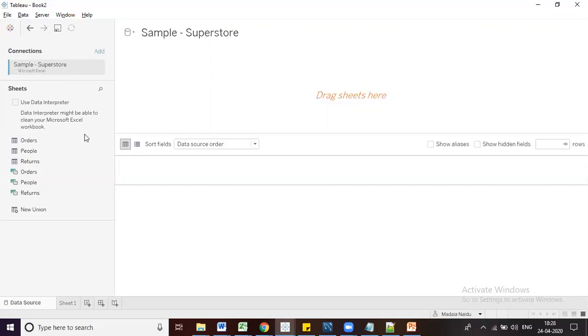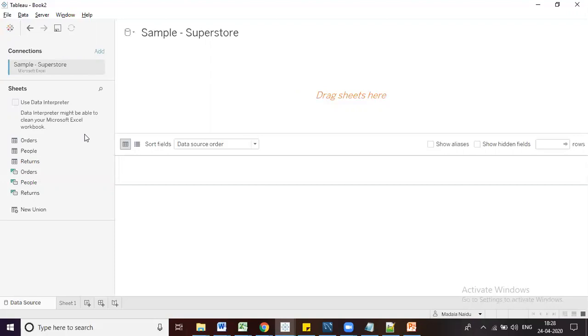First, let me give a brief description of what a data interpreter is. The data interpreter helps us clean the data in your file. It will detect titles and unwanted comments, and if your file has empty spaces and so on, it does a lot of things.